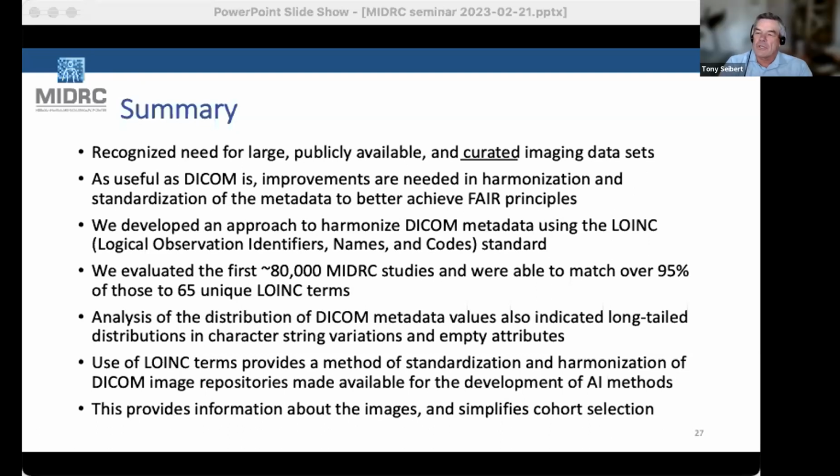Okay, another question. How do you handle it should a commercial entity show interest in the MIDRC data sets? Well, the MIDRC data set, to my knowledge, is free for anybody to download. If you want to use it for commercial purposes, there's some information on the website about what's available. I haven't been keeping up with where that is right now. But we have had people download the entire data set already. It's open. You just register and download it.